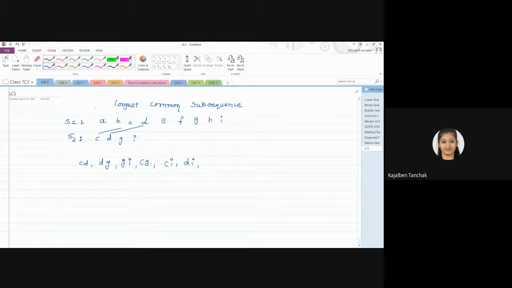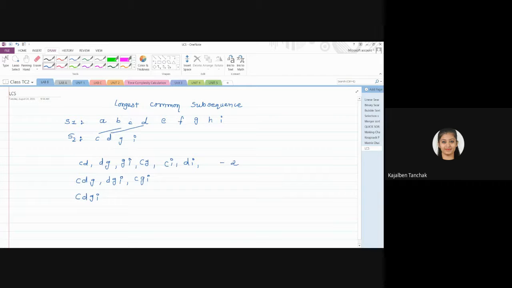Yes. Right. Now we can take length three. So it will be CDG. Yes, here also C, D, and G, in the same order, same sequence, we are finding the characters. Then DGI. Yes, that is also possible. Then CGI. Right? So these are the three combinations possible for length 3. Yes. Now if we take length 4, then it will be only one combination, C, D, G, I. Here also C, then D, then G, and then I. So the sequence is maintained, order is preserved. So that is called the longest common subsequence.